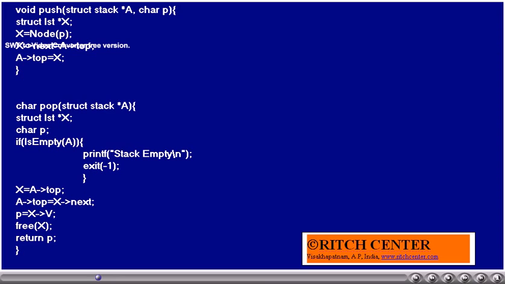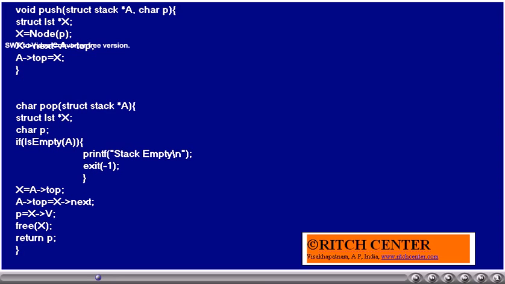Similarly, for the function pop, it takes a stack type of address, and that function is supposed to return a character. As the characters are maintained in the stack, when we pop, we are supposed to get a character from the stack. Thus, the function is written like this. That is, it has the return type as char. Initially, the function isEmpty is called, and if the stack is empty, we will come out of the function.